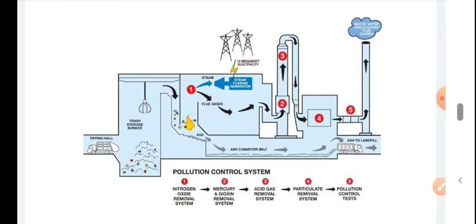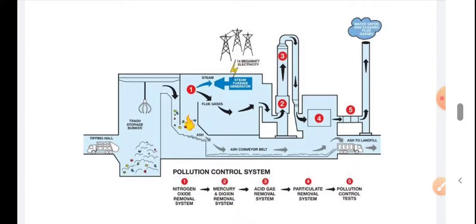So it is required to reduce the waste material to a considerable amount, to around 1-2% of the actual waste material, so that a small amount of land will be used for that, as well as we can generate electrical energy from it